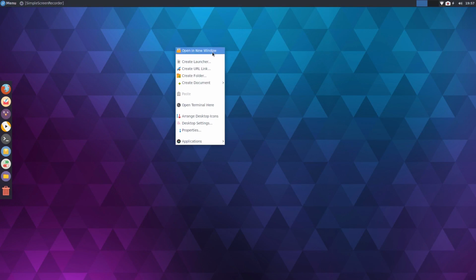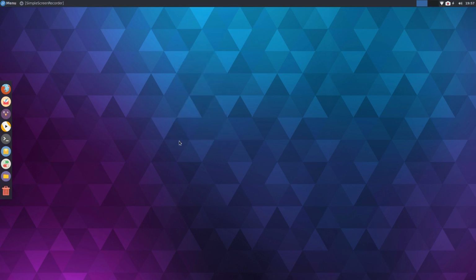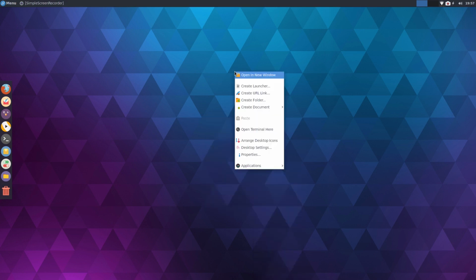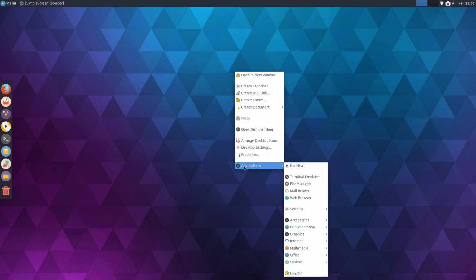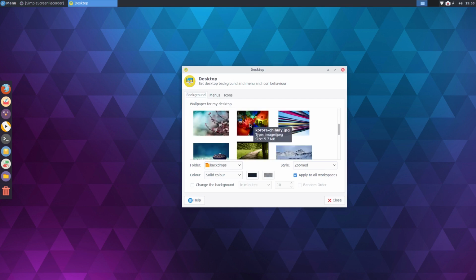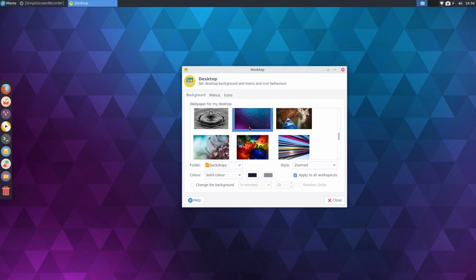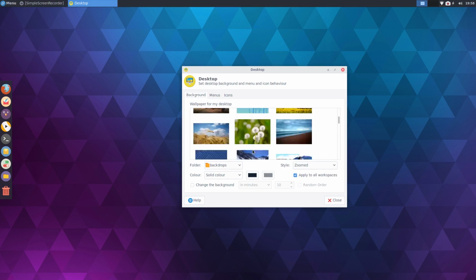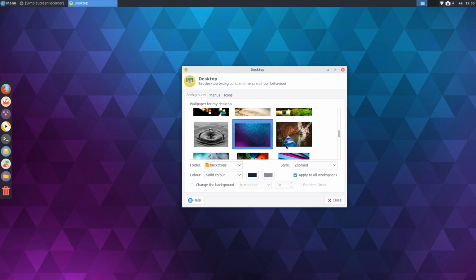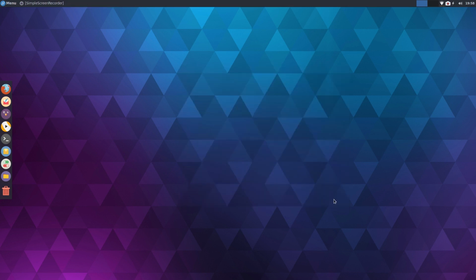So that's right click applications we've got here as well on the desktop. Oh, that doesn't work. There we go. So we've got applications menu on the right click, create URL link, create launcher, desktop settings, wallpapers. So there's quite a few wallpapers in here. Actually, there's a huge amount. Well, not huge, but there is quite a fair bit. So I quite like the default one, it's quite nice. Looks like they've made a